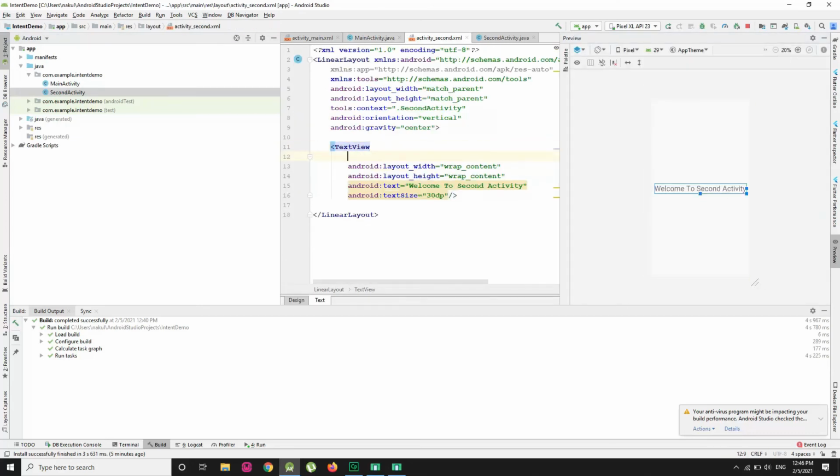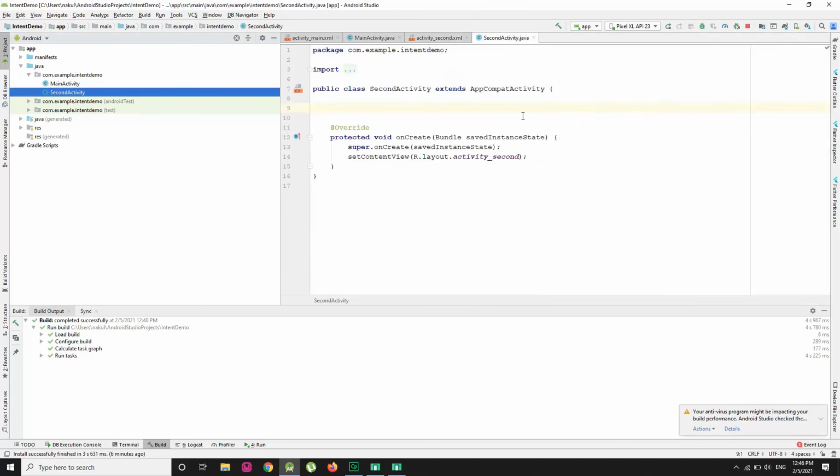For that I have to make an ID for this TextView, which is txt underscore email, and then we have TextView and then txt underscore email.